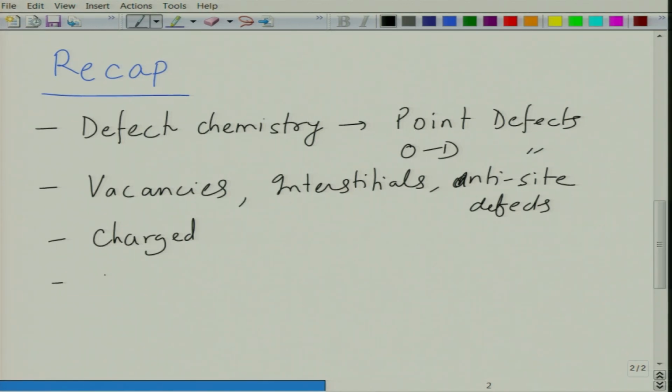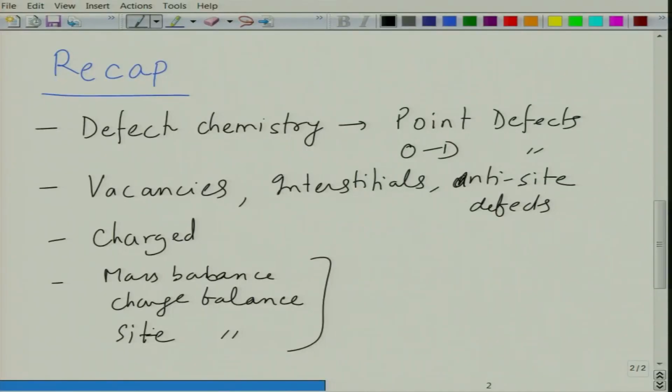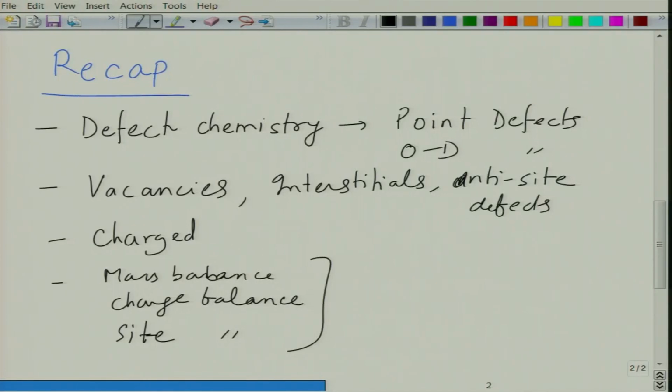So, you have to have mass balance, charge balance, and site balance. All these balances have to be obeyed while writing the defect reactions, which means you should not have any imbalance in mass transfer, you should not have any imbalance in charges; the solid has to be charge neutral. As a result, all the positive charges must be equal to the negative charges, and sites must be conserved, which means if you have a host structure MO, then the number of M sites and O sites, depending upon the stoichiometry, will always remain conserved. So, the conservation of mass, charge and site is important to write defect reactions.